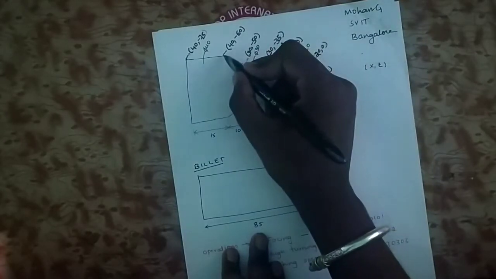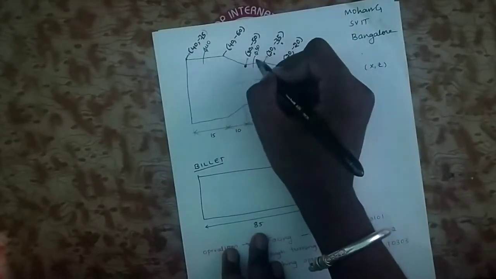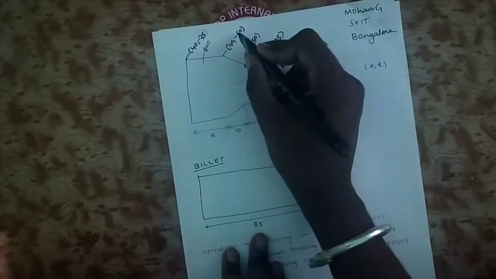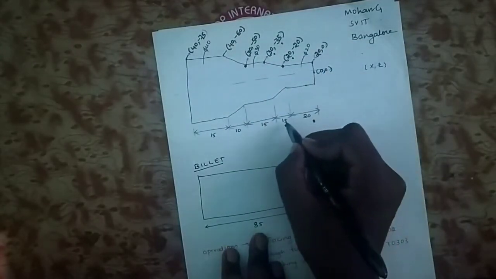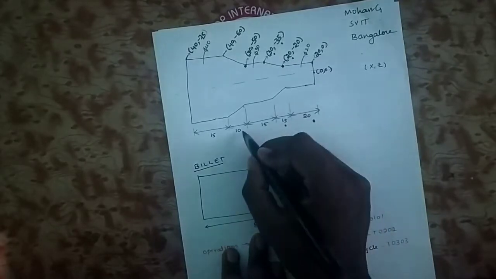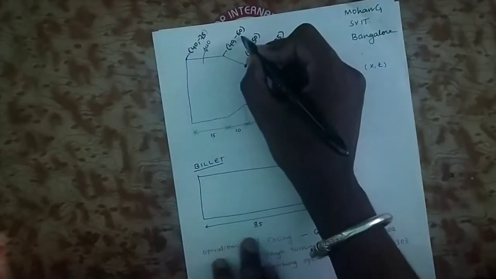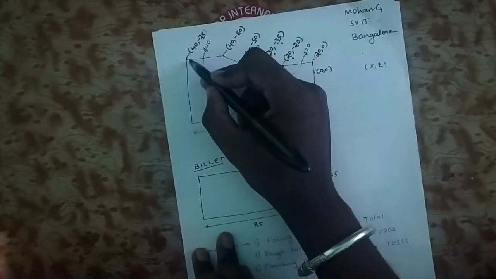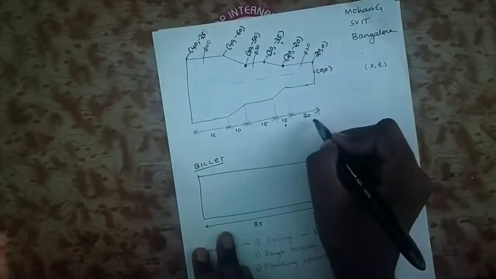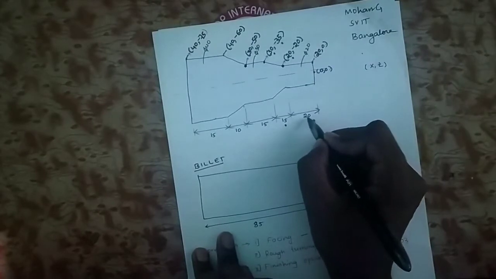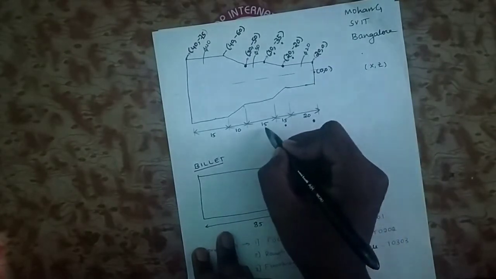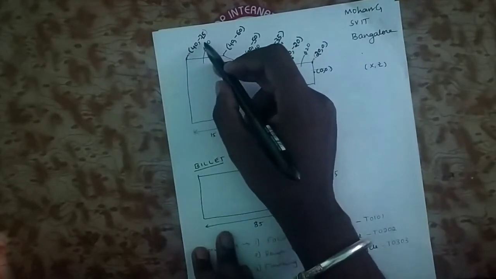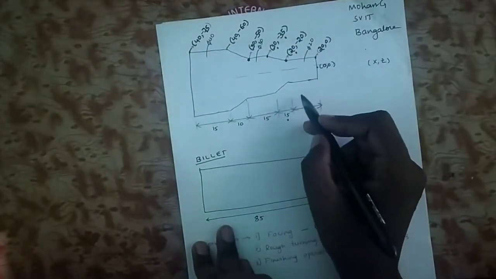Next at this point the diameter changes from 30 mm to 40 mm, therefore x value is 40 and z value from the reference is 20 plus 15 plus 15 plus 10, total 60, so minus 60. At the last point the diameter is the same, 40, and z value from the reference you have to measure again: 20 plus 15 plus 15 plus 10 plus 15, minus 75. Okay, this is the first step, to write the coordinates.